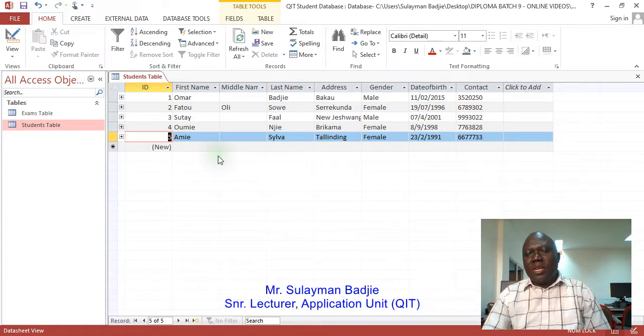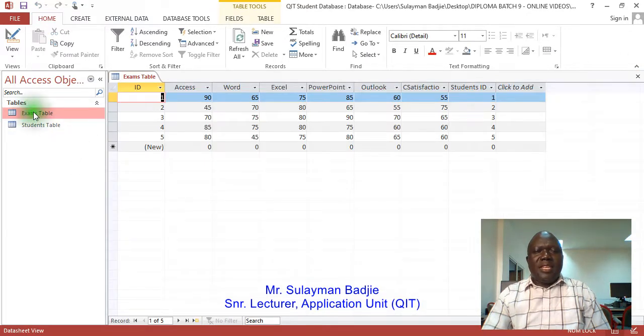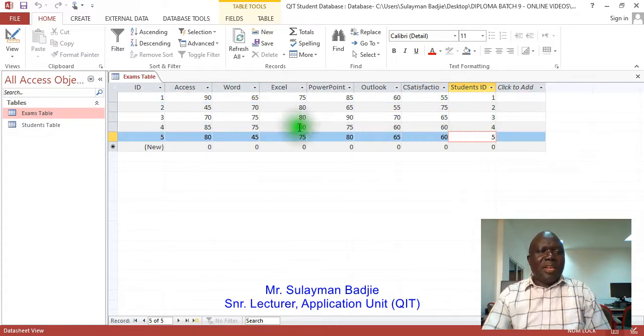So now we have our actual data. Now, if you want to prove this relationship right now, if you close the students table and go and open the exams table, you will see the data that you have entered in all the other tables have appeared here. Okay, and here you are now not seeing the names of any student, but student number 1, we know that this is the marks that he has scored in the exam. Student number 2, student number 3, student number 4, student number 5, and that goes to everybody. So this tells you that the relationship window is working.